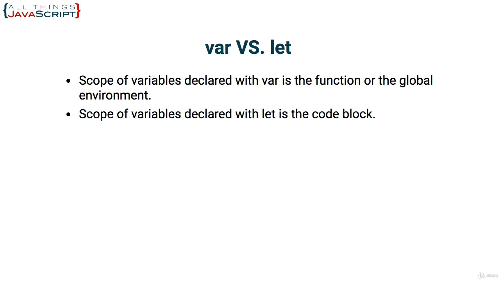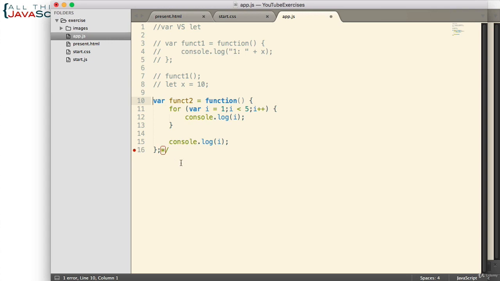Now, as for hoisting, variables declared with let appear not to be hoisted. From an application perspective, that is true. So the way we use it, that seems to be true. But in reality, they are hoisted, just not initialized. We will discuss hoisting in the next topic. So in this movie, we'll just deal with the example of scope. In this example,